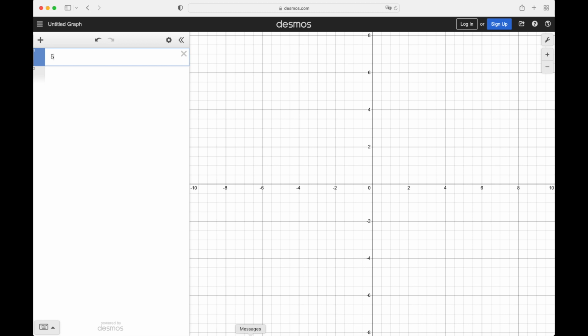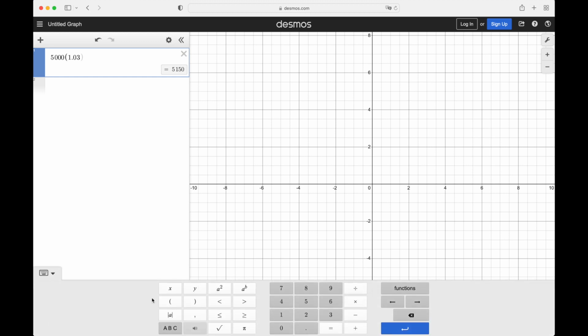So we had 5,000 was the money in the account, multiplied by the inflation rate, which was 3%, but we write that as 1.03. And then we'd put this to an exponent on the outside here. If you don't know how to do this in Desmos, just go down to this keyboard, show keypad. And then if you click this AB button, it puts the exponent right there. And so we're just going to put the years here, and the years was 10. So that gives us our